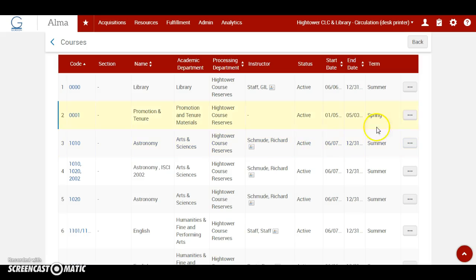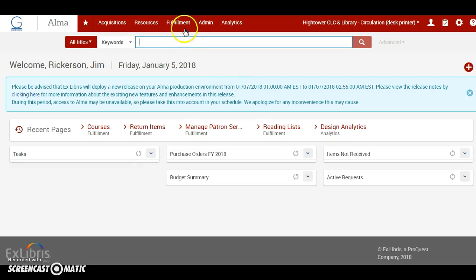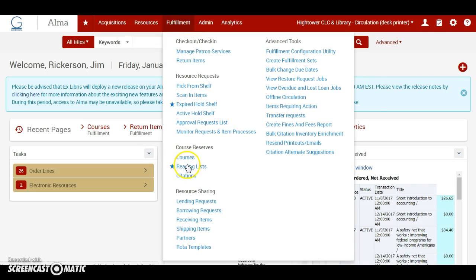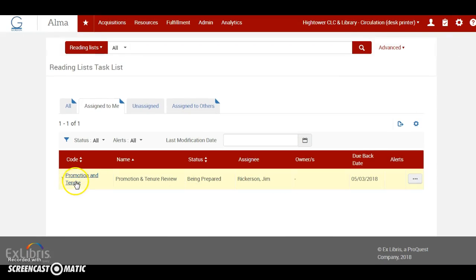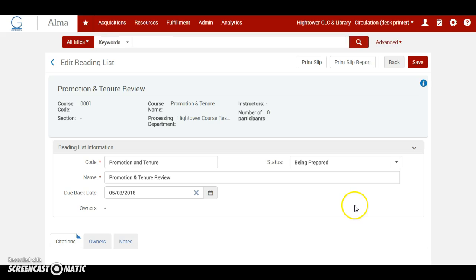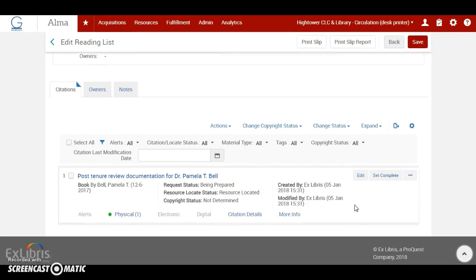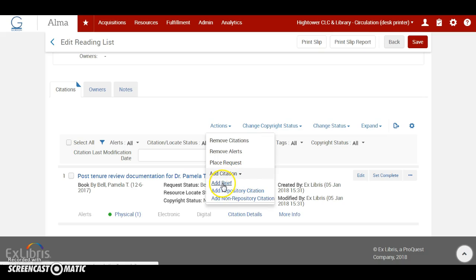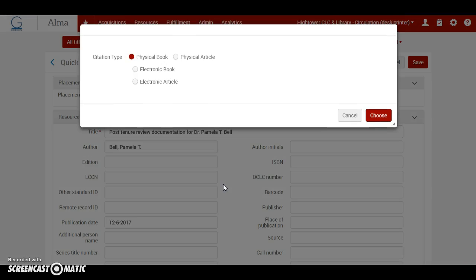So when you come back in the future to continue working on this, you can click on Reading Lists, and you'll see there's this one called Promotion and Tenure. You click on Work On, and you'll notice, like I said before, the second time that you do it, you're going to click on Actions, and then Add Citation, and then click Add Brief. And then you repeat the process that we just did. Select the physical book,